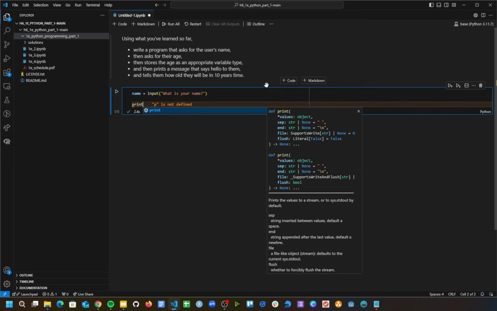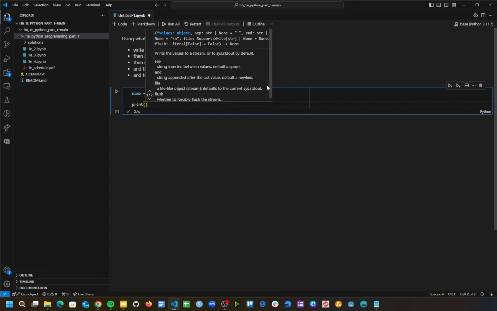So let's print it out, but a little bit nicer. We're going to use an f-string. Now, as a reminder, this is a format string. What it allows us to do is a really neat way of mixing code and text in a single line rather than having to use lots of additional bits of code to join these strings together. It gives us a nice easy way to go, here's a little bit of text, here's a variable. It gets really powerful when you get further down the line and you want to mix more and more bits into a single output. So what I'm going to do here is I'm going to press F,